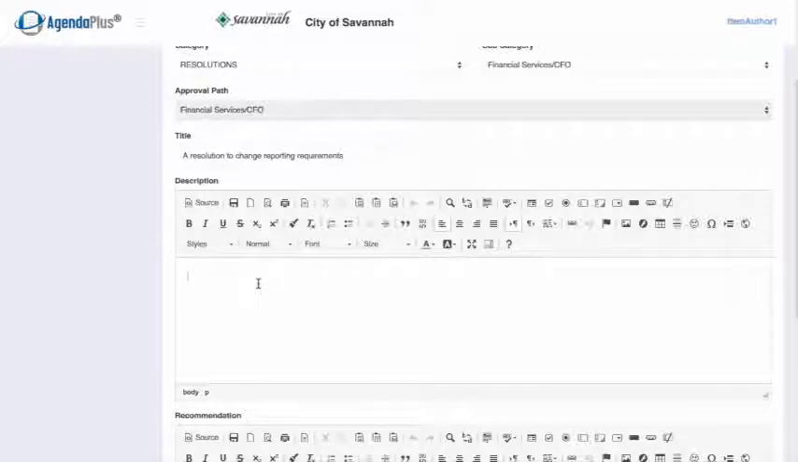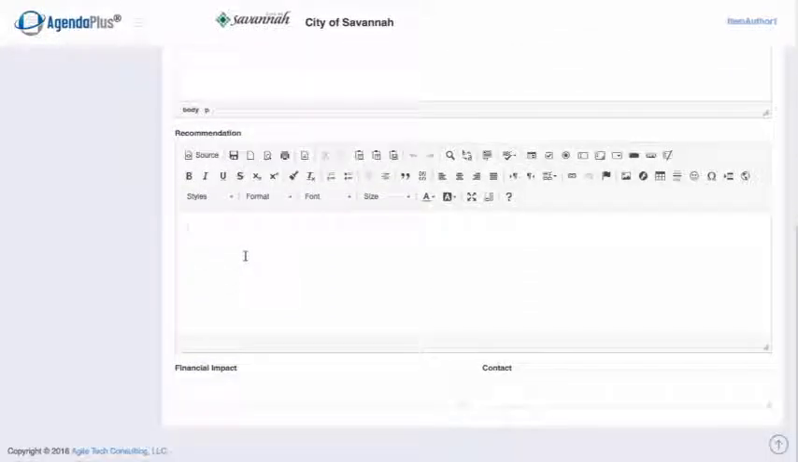In this case, we're just going to create a simple item: propose changing reporting requirements as per recent discussions. Having entered in a description, now it's time to add the recommendation. And the recommendation often will be as simple as staff recommends approving this,